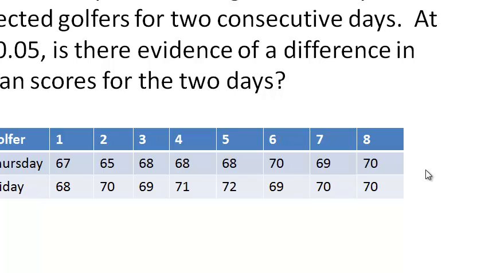Secondly, I have to have a group, okay, in its categorical group. In this case, it's Thursday and Friday were my groups, so I have a group of scores for Thursday and a group of scores for Friday. So far, so good. And the third one says no significant outliers in the differences between